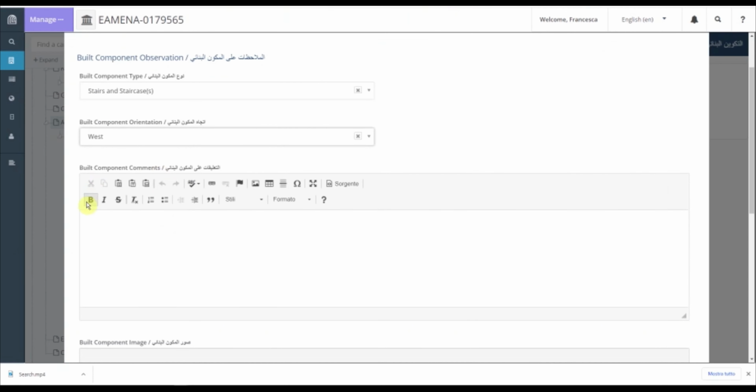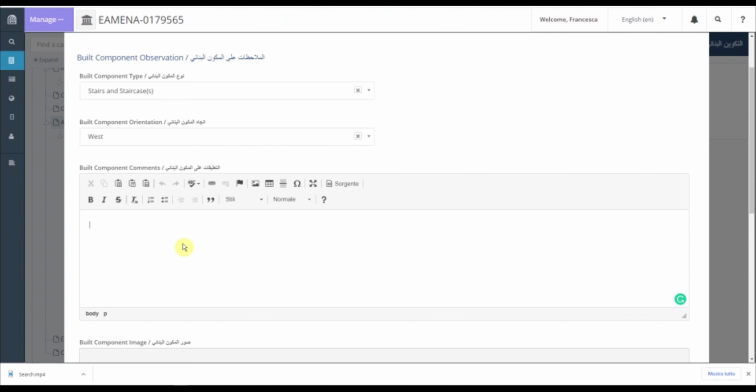Instead, in the field below, there is the build component comments. This is a free text box where you can write any comments about the build component, for example, about its significance, some architectural detail. But you should not put here information that can be captured somewhere else in this record.